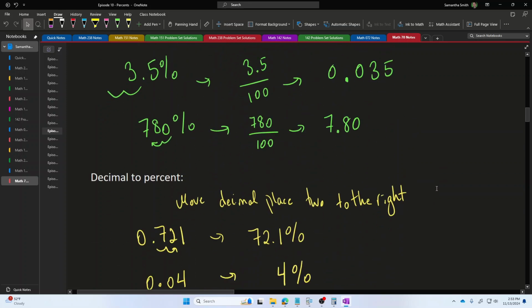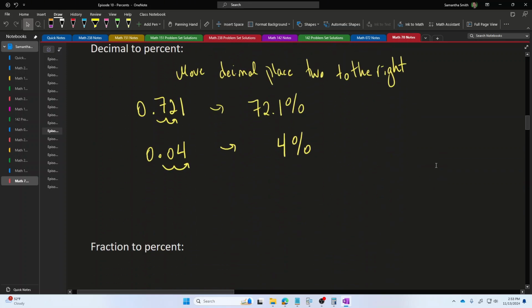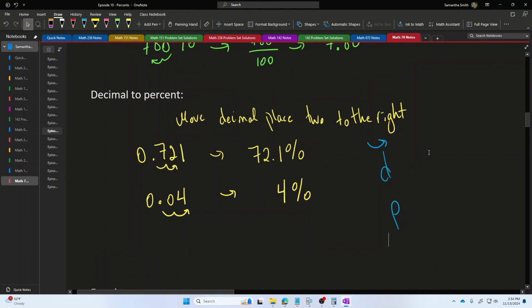Meanwhile, if I wanted to turn a decimal number into a percent, the letter D has to turn to the right in order for its sort of bump to end up on the right side. So turning to the right is my mnemonic that the decimal place moves to the right if I'm converting decimals to percents.